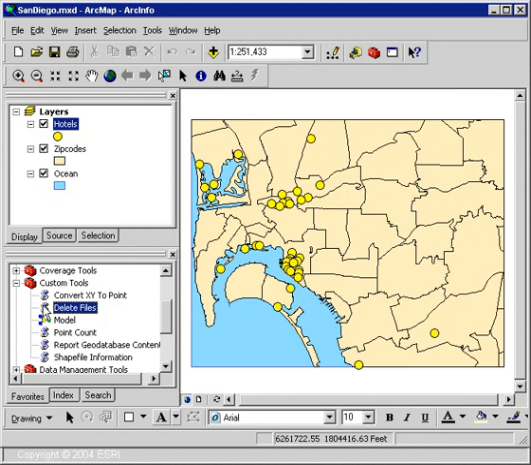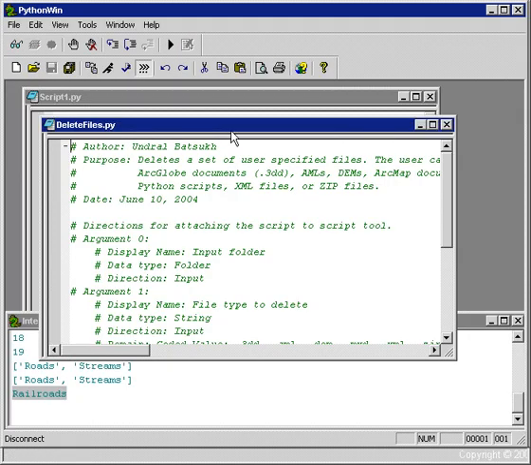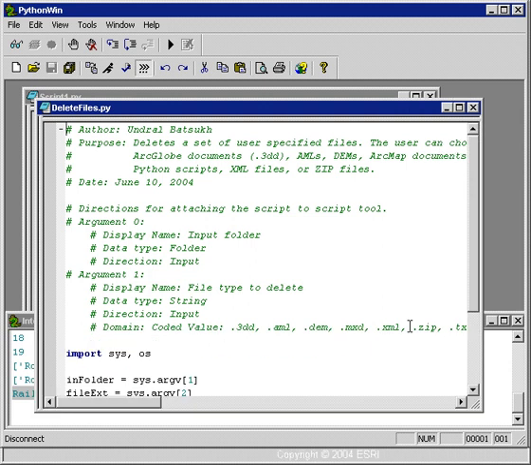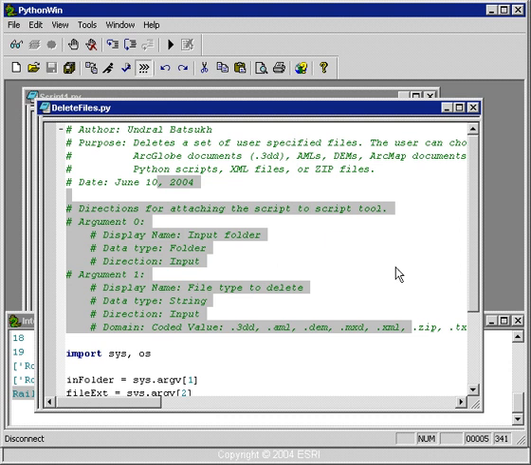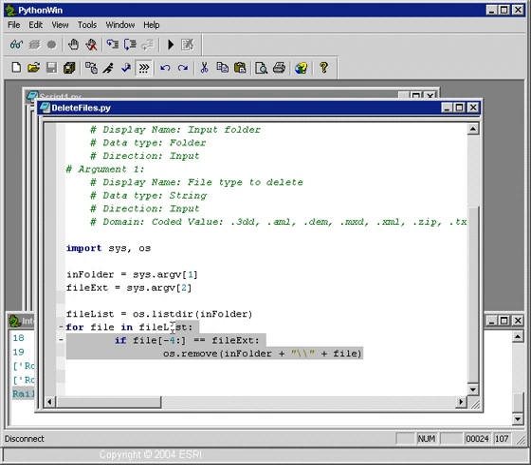So let's right-click on this script tool. You can right-click on any script tool and click Edit. What it actually does is pop up that script tool inside of PythonWin, and you can see everything behind that tool was just some Python code. Now the majority of this is just comments, and if we look at the actual code that performed that, here it is right here. Not a lot of code, maybe 6 or 7 lines of code to perform